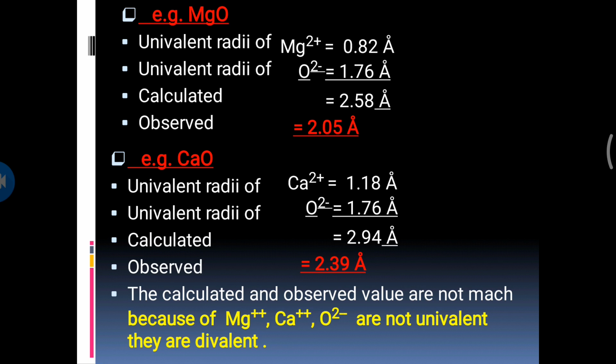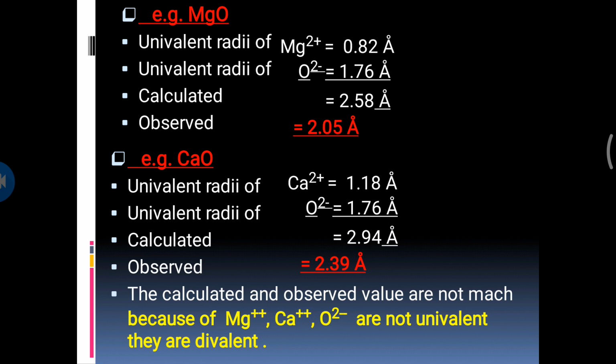Similarly, in calcium oxide, a calcium 2 positive charge and oxygen 2 negative charge combine to form a calcium oxide crystal, and its ionic radii, calculated and observed, are different. In calcium oxide, the univalent radii of calcium 2 plus is 1.18 angstrom. Similarly, the univalent radii of O2 minus in calcium oxide is 1.76 angstrom. So calculated, its value is